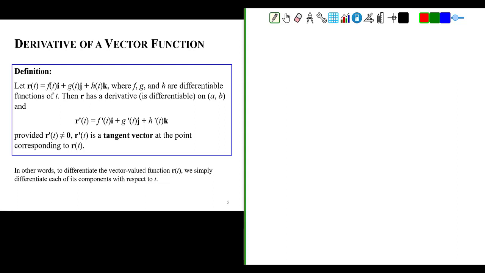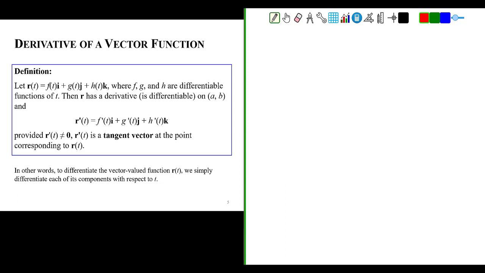Formally, we'll define the derivative of a vector function like this. Let the position vector r have the components f i hat, g j hat, h k hat, where f, g, and h are differentiable functions of t. Then our vector has a derivative